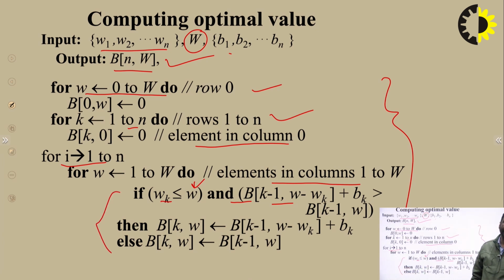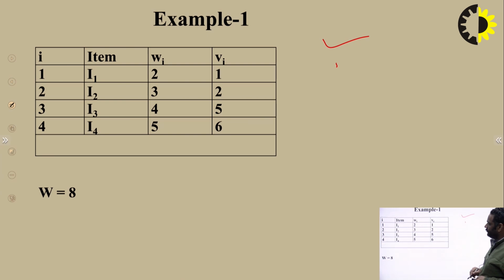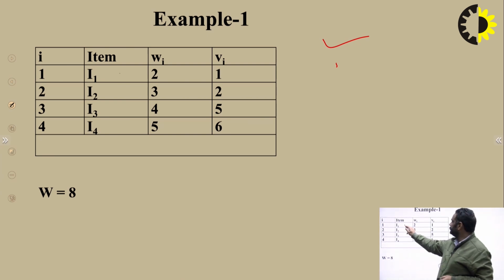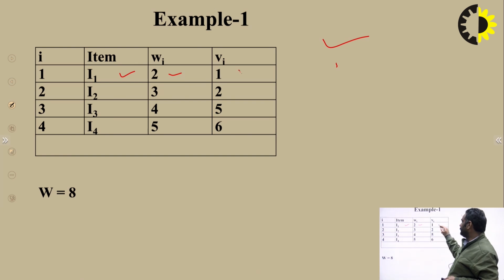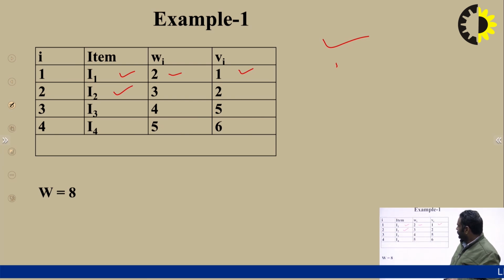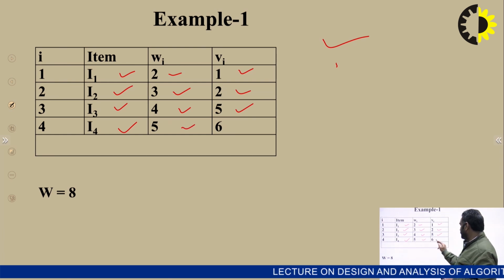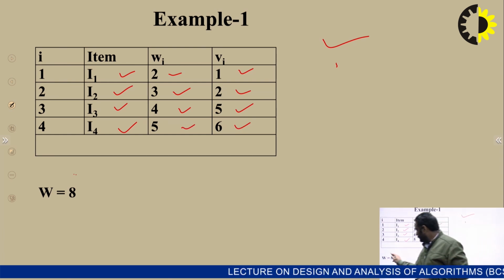This is our algorithm through which we are going to solve the 0/1 knapsack problem. So let's take an example 1. Here we have 4 items. Item 1 having weight 2 and profit 1. In the same way, item 2 having weight 3 and profit 2. Item 3, weight 4 and profit 5. Fourth item having weight 5 and profit 6. And this is the capacity of